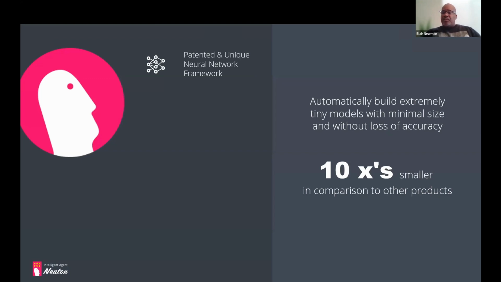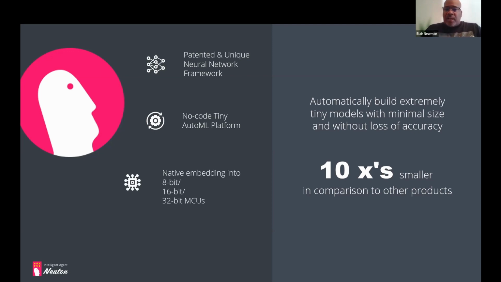Now, one of the things that Daniil mentioned is that our approach is different. We're not leveraging some of those well-known frameworks that you may be familiar with. This is a framework that we've developed in-house. We have our own algorithm that we've patented, but more importantly, when it comes to driving the community forward, we wanted to put together a solution that enabled everyone. Our mission for some time has always been, how do we make machine learning available for everyone, irrespective of your maturity level from a technical perspective, irrespective of where you may be from an organizational perspective in your journey. So Neuton is also a